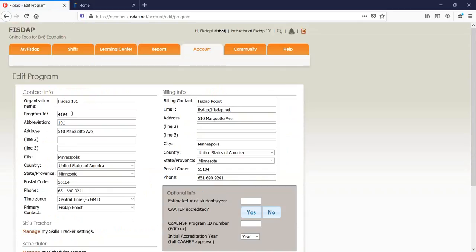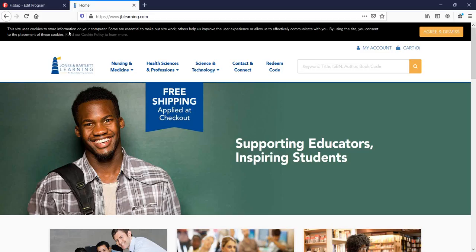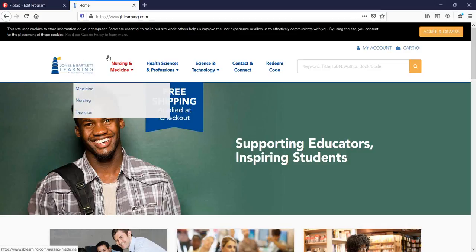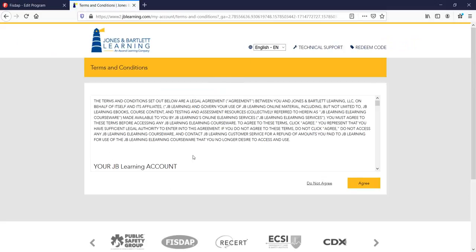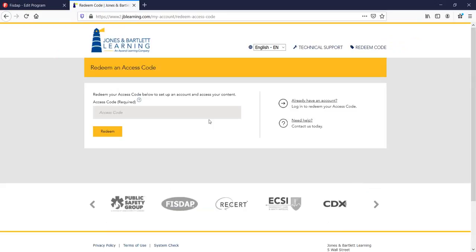So let's assume now that you've worked with the rep, you've gotten your course ID, you know it's pointing all to the right place, and now your students are getting access codes, and they need to create their account. So what they're going to do is go to Jones and Bartlett Learning's website, which is going to be jblearning.com, and then there'll be an option that says Redeem Code. So they'll click that, and it'll have them agree to terms and agreement. So we're going to go ahead and say yes, or rather agree,